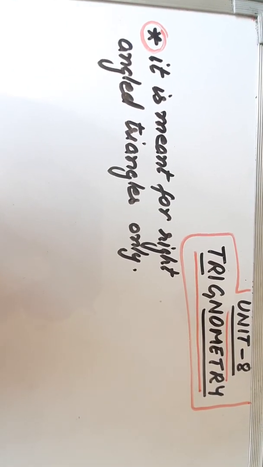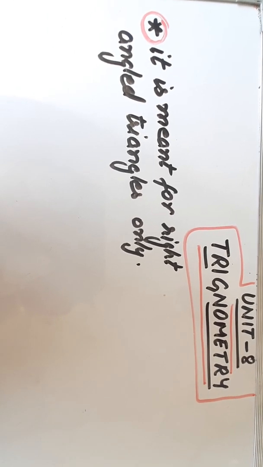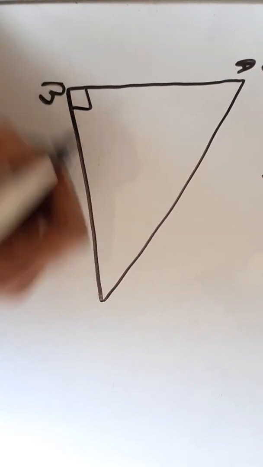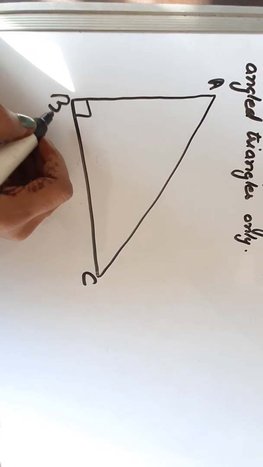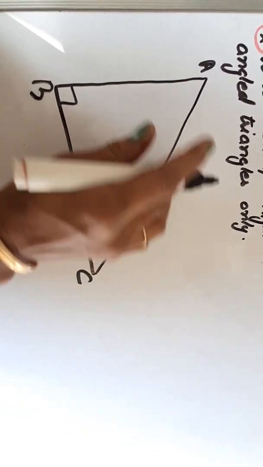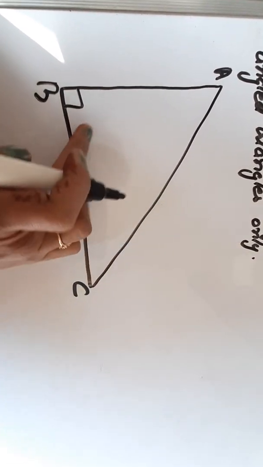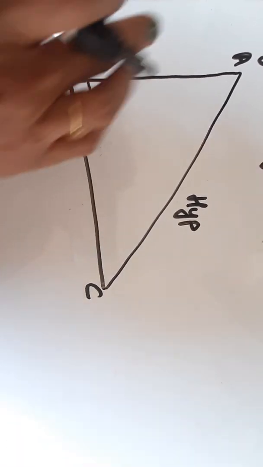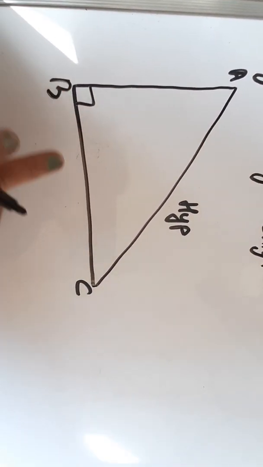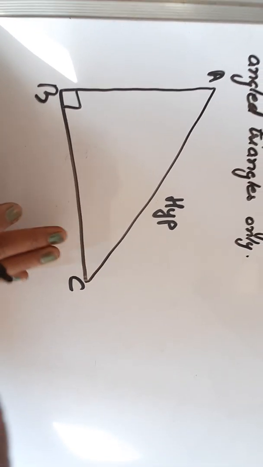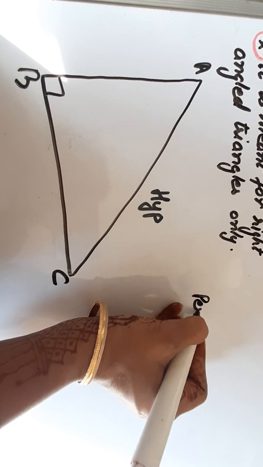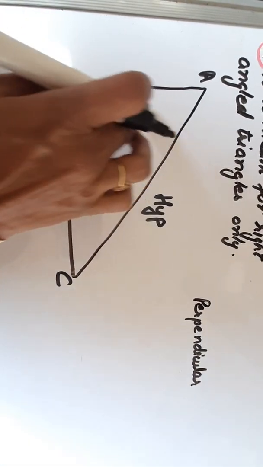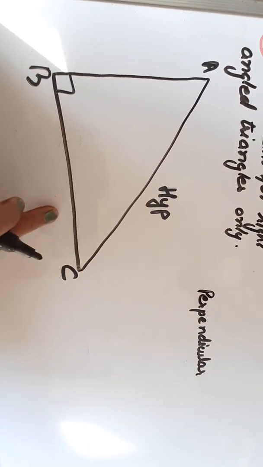Now the second thing you must know about a right triangle: if we have this right triangle ABC, which is right angled at B, we always know about its sides. The side opposite to 90 degrees is taken as the hypotenuse, the standing line is taken as perpendicular, and the third line is the base. But dear students, now the concept of perpendicular and base is different. In junior classes you learned that only the standing line is perpendicular and the sleeping line is base.